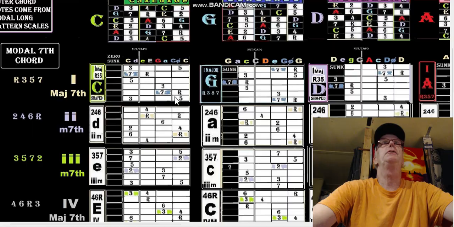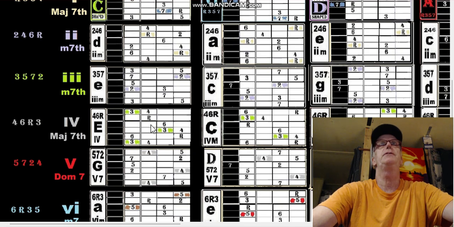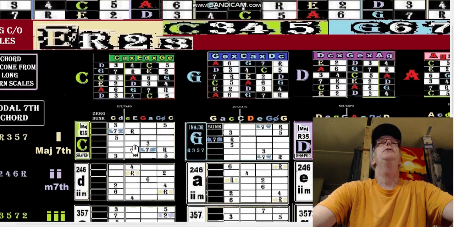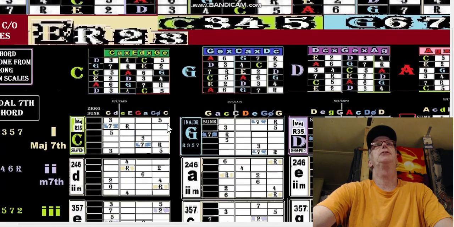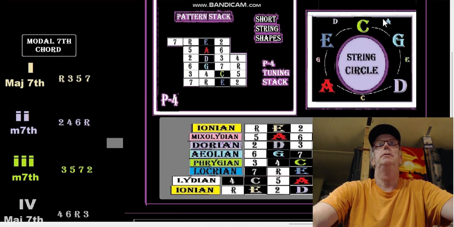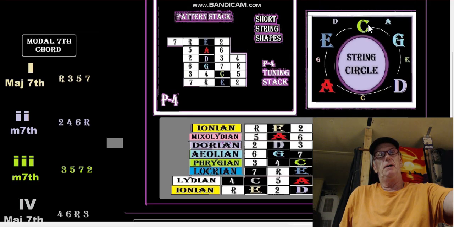How am I ever going to remember that this is a D minor, this is an E minor shape on the 3rd, the 4th is an E shape? How am I ever going to remember that? You do it with the CAGED circle. Here it is, the string circle. We do it with the string circle, but we're going to go, when we're going up a modal scale,